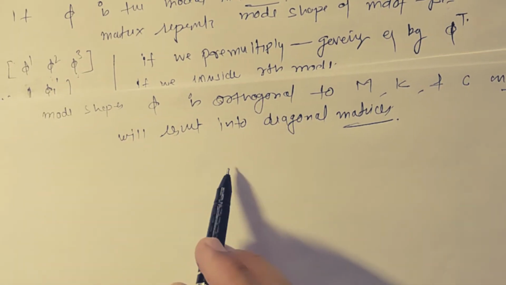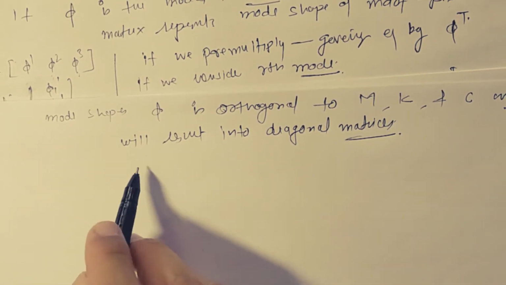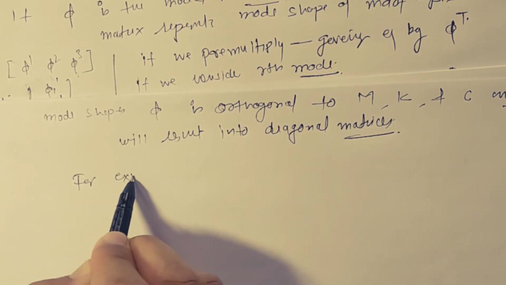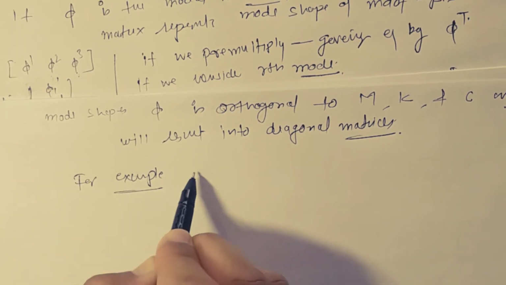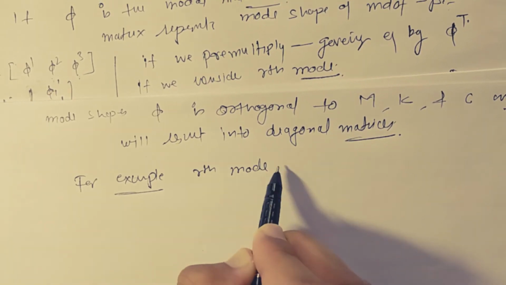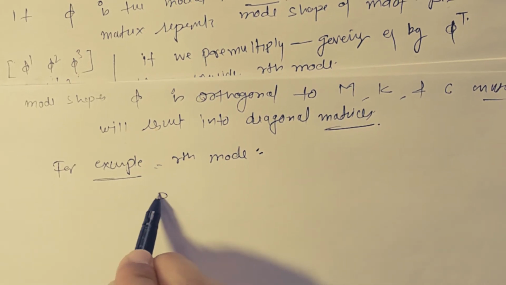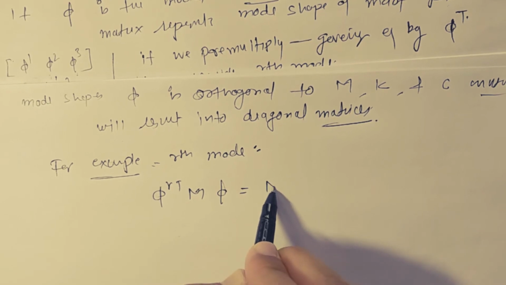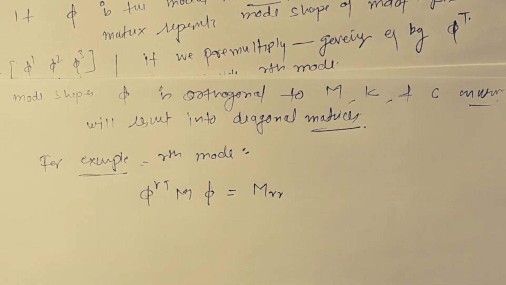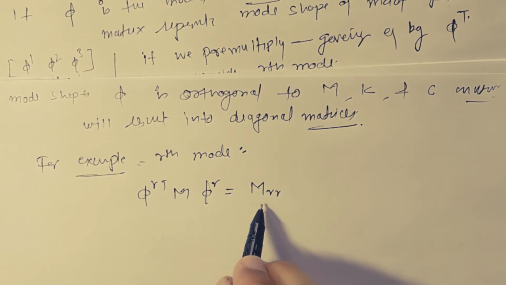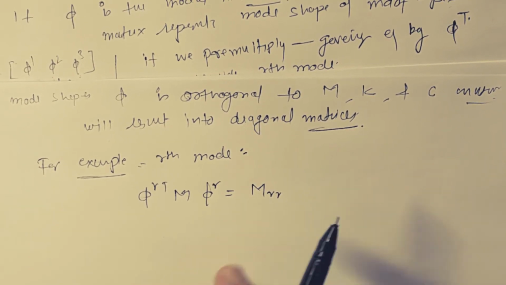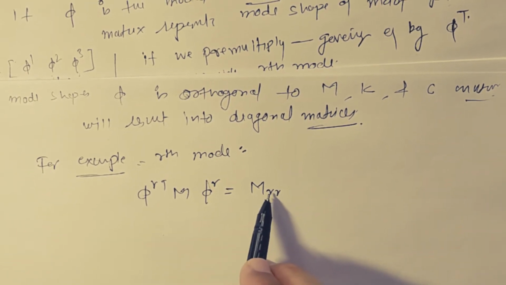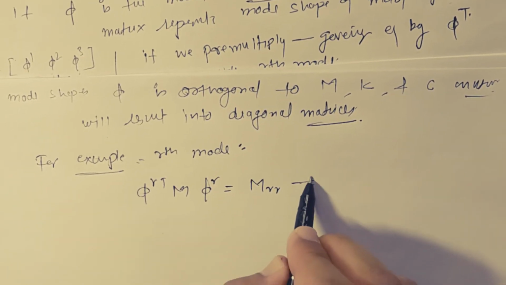So here, if we are talking about the rth mode, then we can write, for example, the rth mode will give phi r transpose M phi r equals MRR, because the rest of the components, or non-diagonal components, are 0. So this is MRR, and here MRR is the modal mass